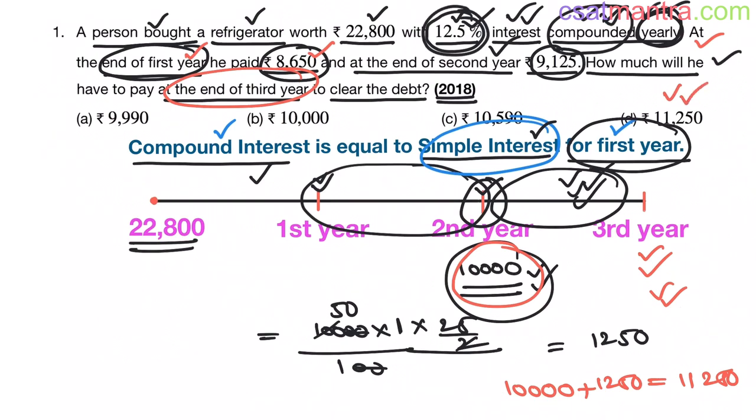If you have observed, we have never used the compound interest formula, my friends. All we have used is this observation: compound interest is equal to simple interest for first year. Initially 22,800 is the debt. We have calculated how much it became in first year and we have subtracted how much we have paid. Like this we have continued for every year, my friends. Okay, questions will not be beyond this on simple interest and compound interest. If you know the simple interest and compound interest basic formulae and the two observations, you can solve any question